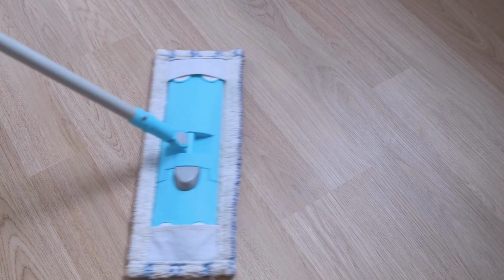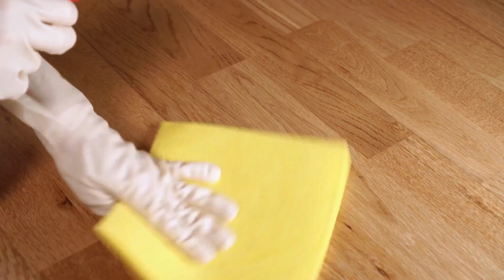And there you have it, a clear guide on how to clean laminate floors, make them shine, and handle paint